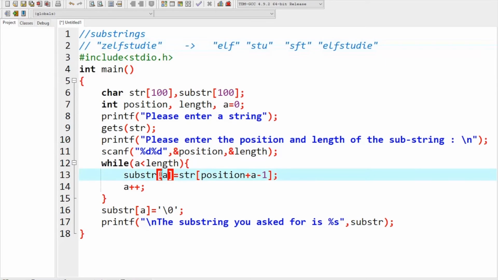I'm going to explain again. See, if the user wants elf to be displayed, he will give the inputs as 2, 3. The position as 2, the length as 3. So first the value of a is 0. So string of, this is the string, total self study is the string, and the position he has entered as 2, 2 plus the value of a, 2 plus 1 is 3 minus 1,